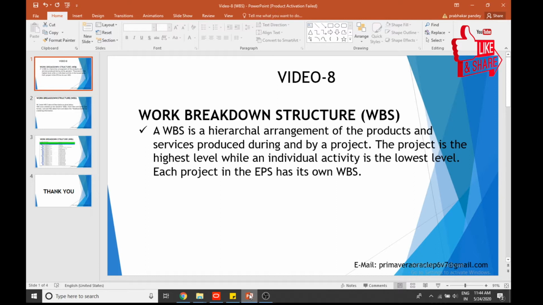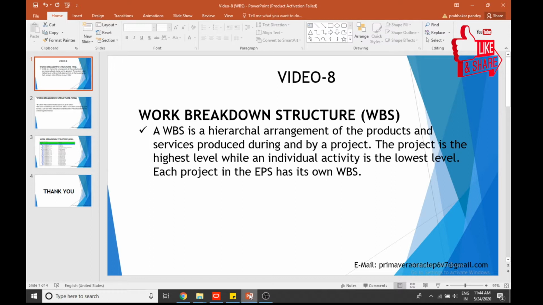At the heart of the WBS is a deliverable orientation. The project is broken down into smaller components so that the WBS focuses on the deliverables, and it's simply a breakdown of all the components making up a product or services in hierarchical fashion.